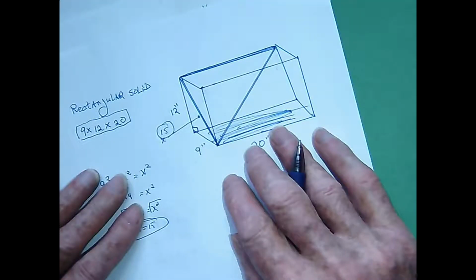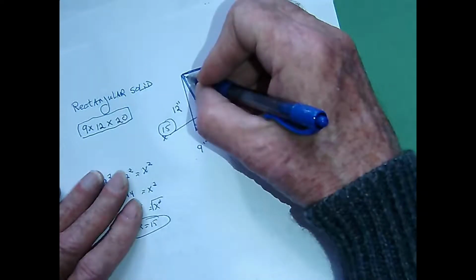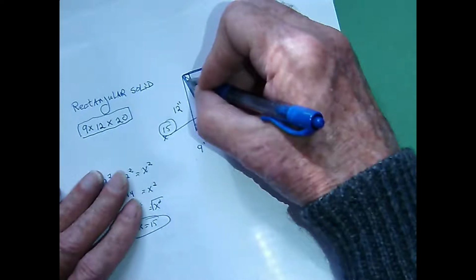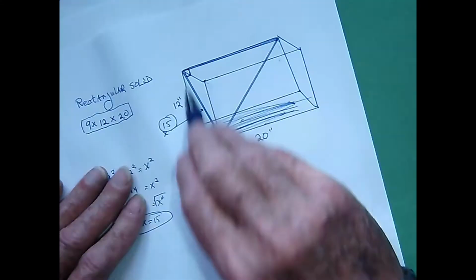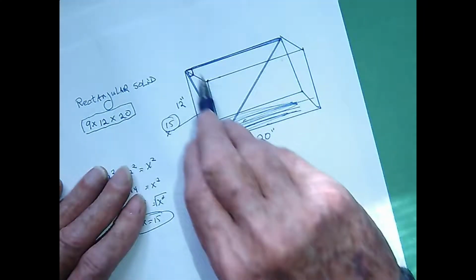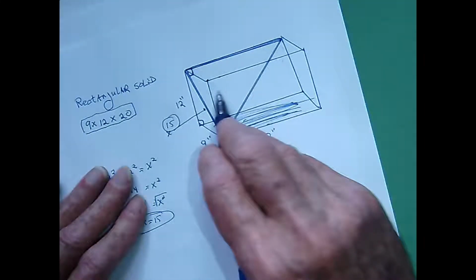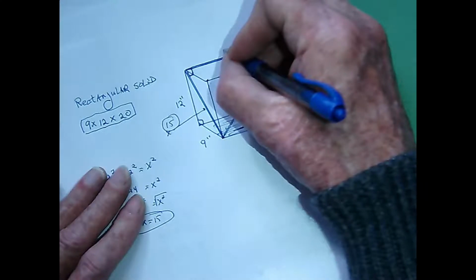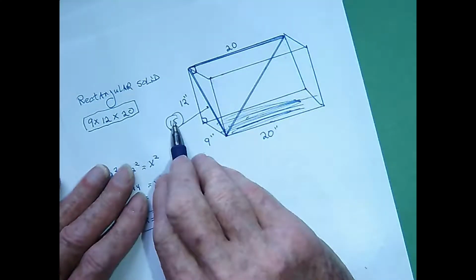And actually we should recognize that if this line is perpendicular to this plane, then it's perpendicular to every line in that plane that passes through its foot. So yeah, this line should be perpendicular to that diagonal and to these other segments as well. And since this length was 20, and this is a rectangular solid, this length would have also been 20. And if I use these numbers, the 15 and the 20, I ought to be able to get the length